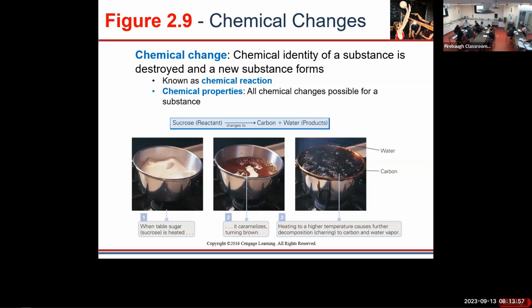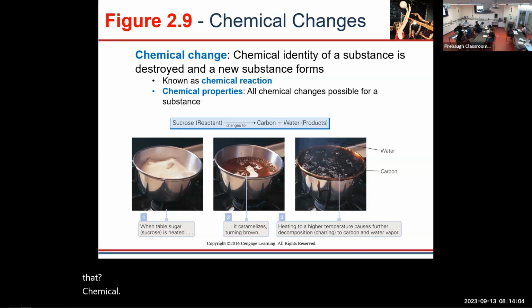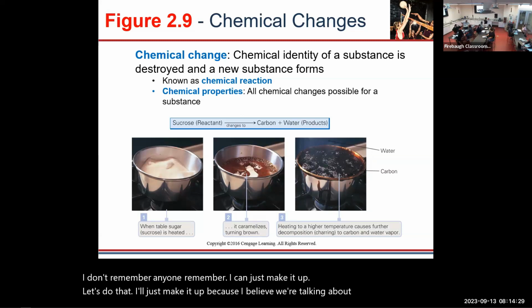Okay, last I left off, I believe we were talking about chemical change, or did we go further than that? Chemical. We talked about surface area. Okay, that was on Monday, right? Yeah, last week during lecture time. You don't remember? Anyone remember? I can just make it up. Let's do that. I'll just make it up because I believe we were talking about how